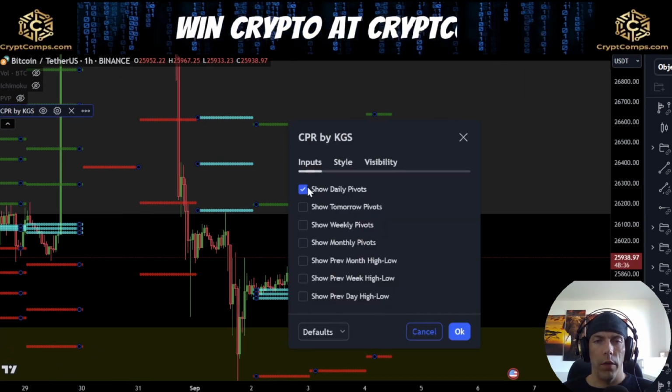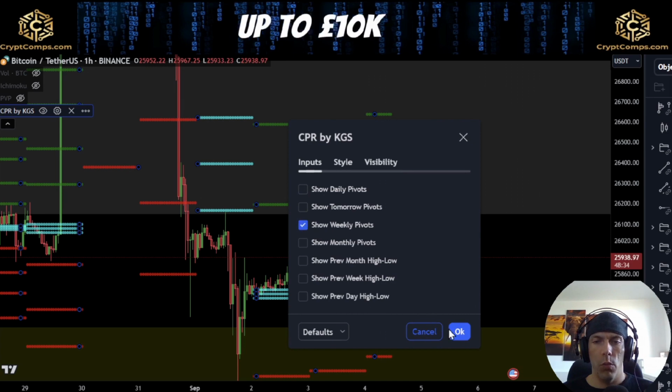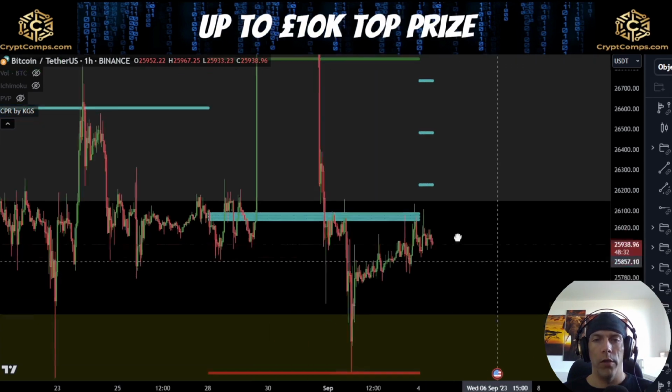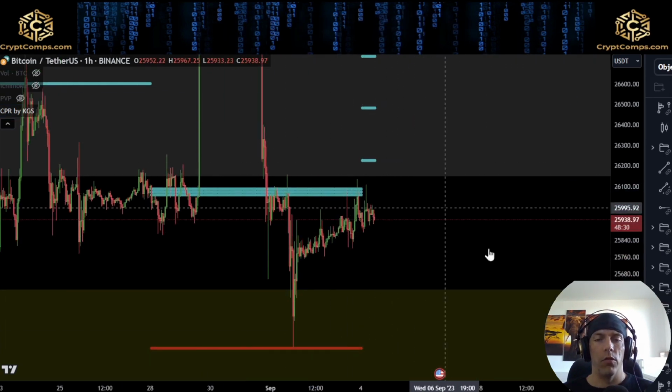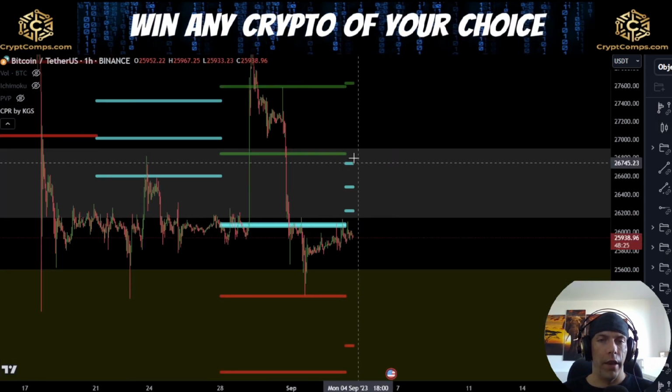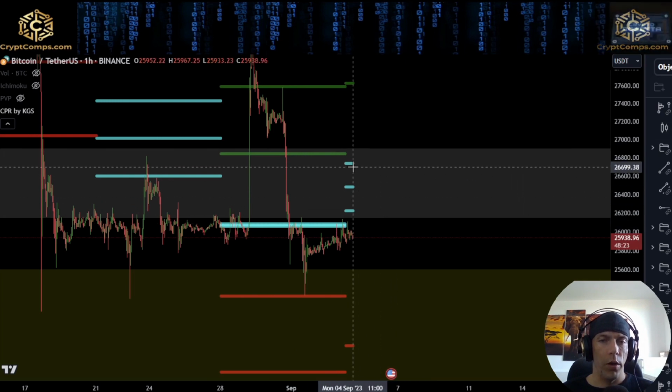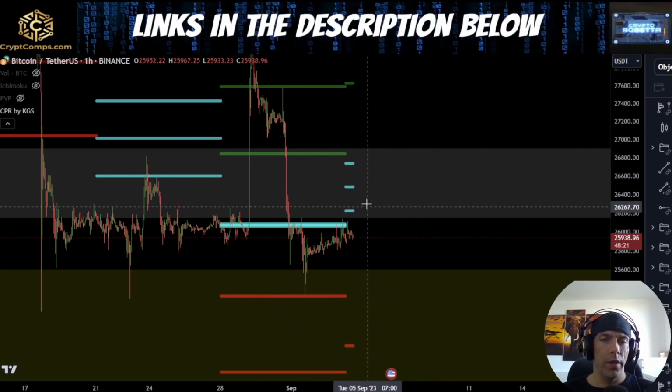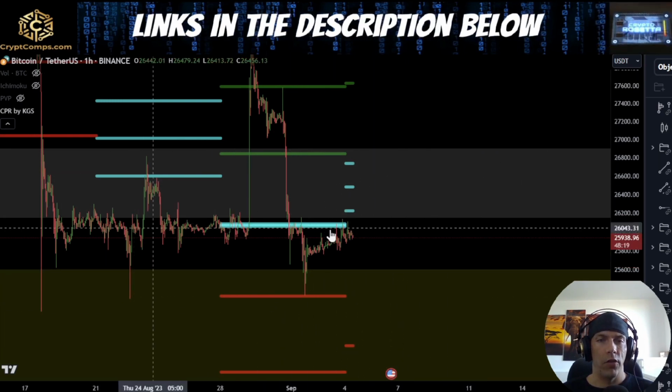Now, moving over here and having a look at the weekly CPR lines, what we can see is that we are currently underneath our central CPR lines. Now, within this, what we can see is that we've actually printed a slightly higher CPR line. They are quite wide. Now, this typically indicates that we're going to see some ranging price action looking to take